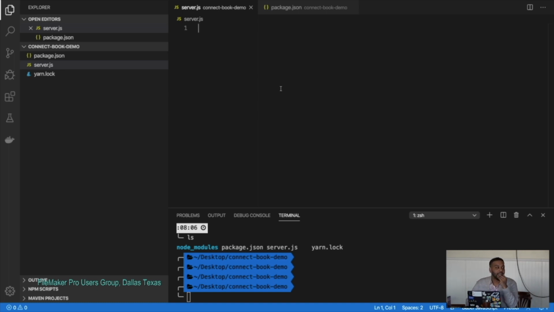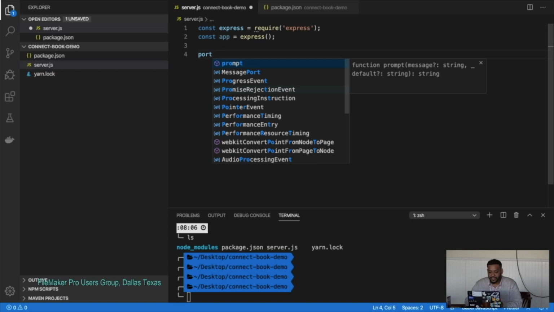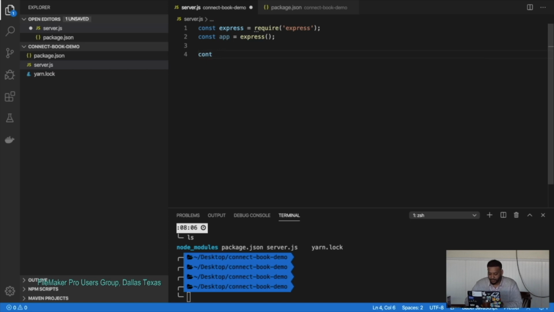In reality, you'd want to have things like authentication, authorization tokens, and stuff like that. We're going to skip past all that stuff and just go with the basic service that'll respond with some data. So the first thing I want to do is import in my Express. We're going to create an app, and this is our app. And so now our app is going to be listening on a port, right? So we're going to create a new port variable, and we're going to assign that to